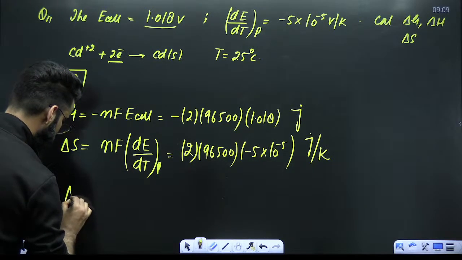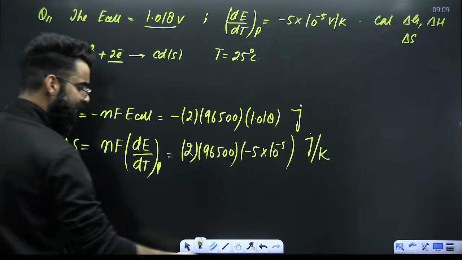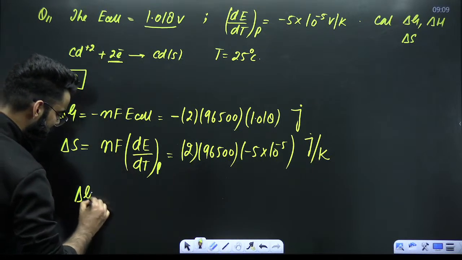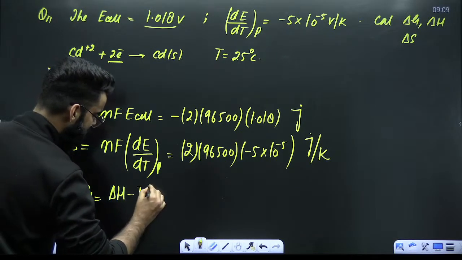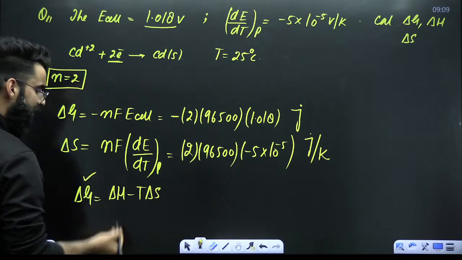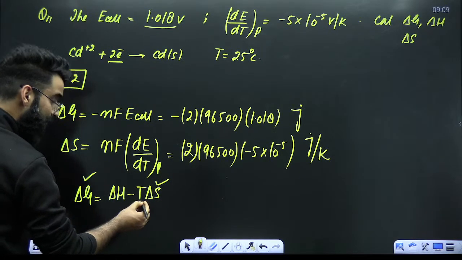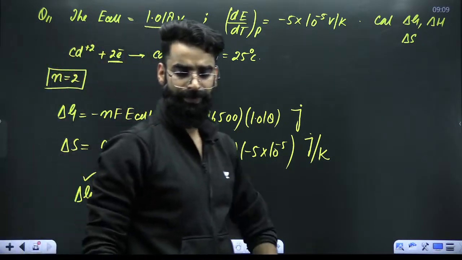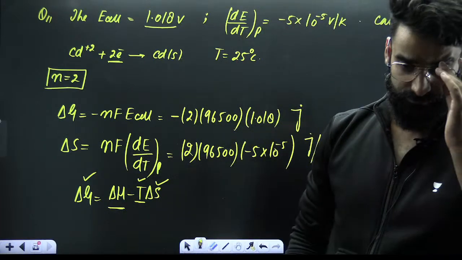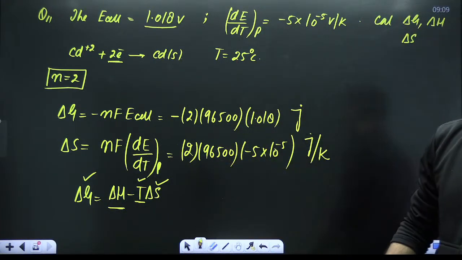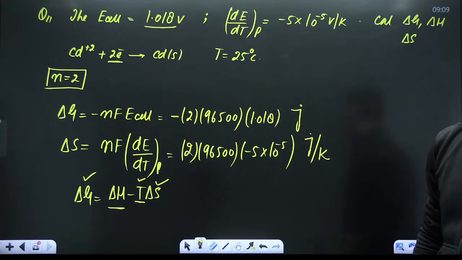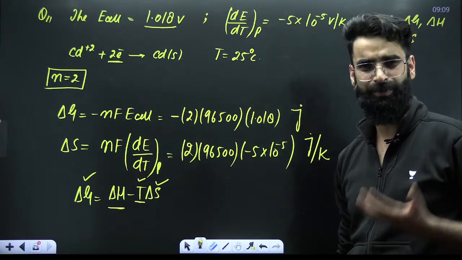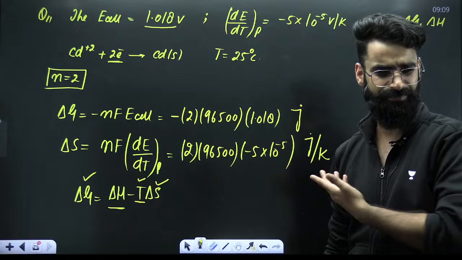Now delta H, you have to calculate. How will you calculate delta H? Either you use the direct result which I gave you, or you can use this equation directly: delta G is equal to delta H minus T delta S. Now, my dear students, delta G you already calculated, delta S you calculated, and temperature is given, converted to Kelvin. So from here you can calculate delta H. Nothing else. Delta H value will also be in joules. These sorts of questions can come. And in your NEET examination, a question has never been asked from thermodynamics of the cell, so this time they might ask it from here.